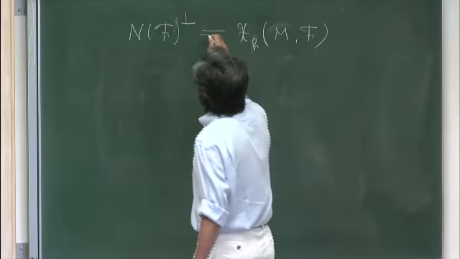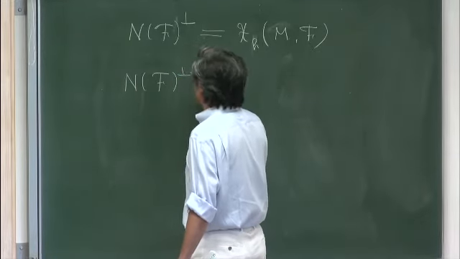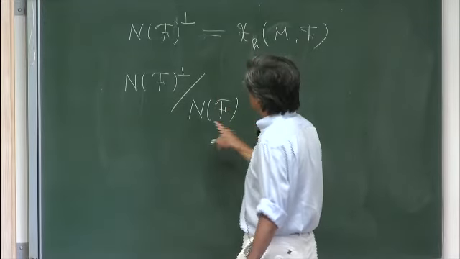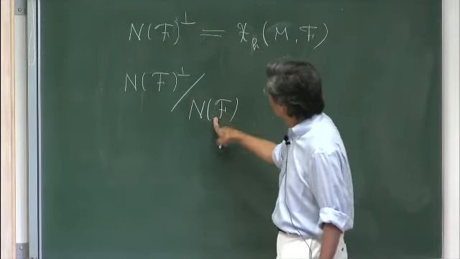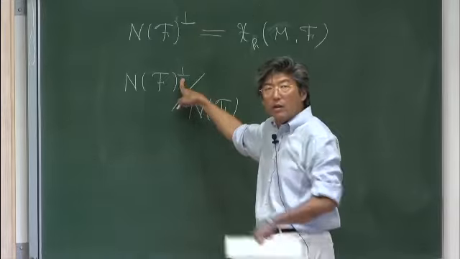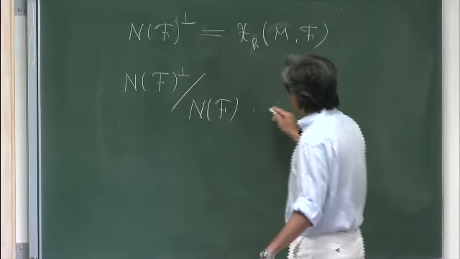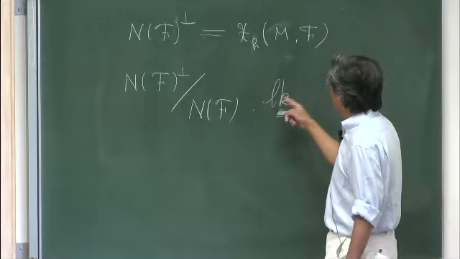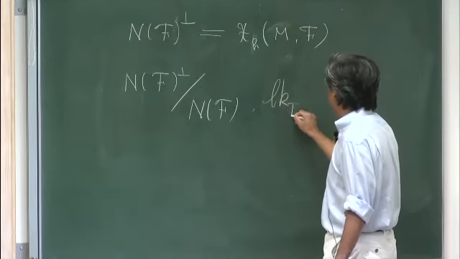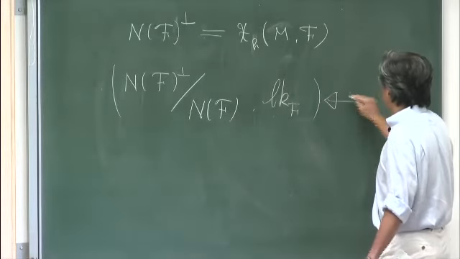This is a very easy observation, but what is interesting is that this is a null subspace, so it is contained in its orthogonal complement with respect to this linking pairing. So we can take this quotient, and naturally the original symmetric bilinear form is in here. And we have a surjection from